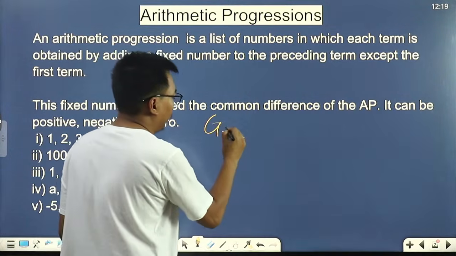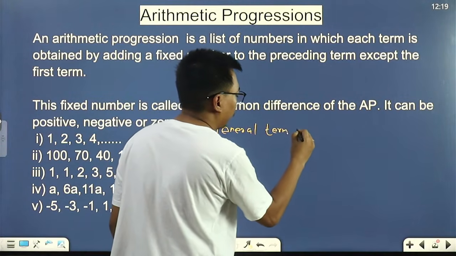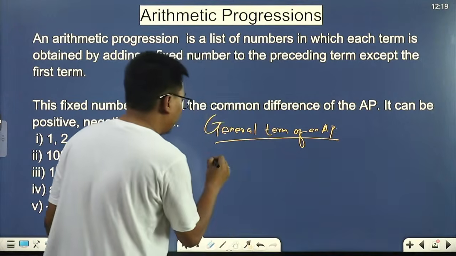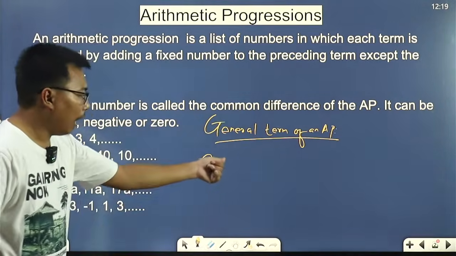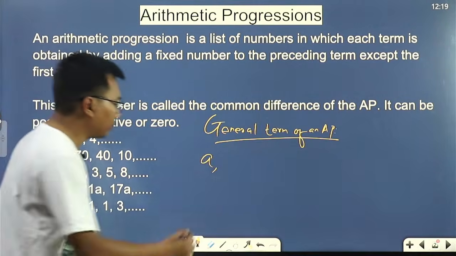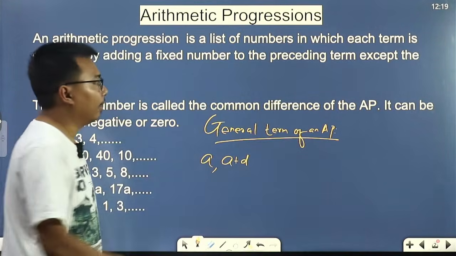Let's discuss the general term of an AP. Let's say my first term is A. How do I get my second term? By adding D, right? Let's see